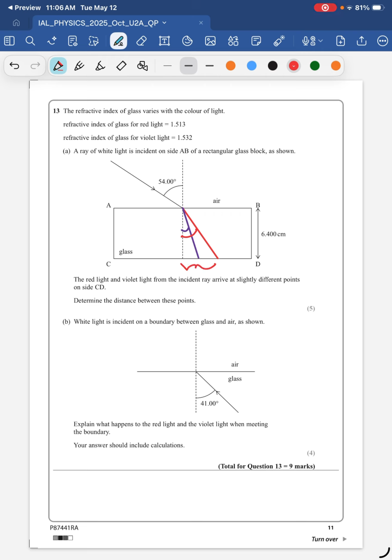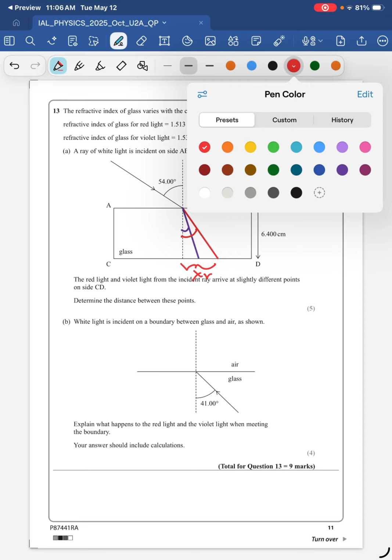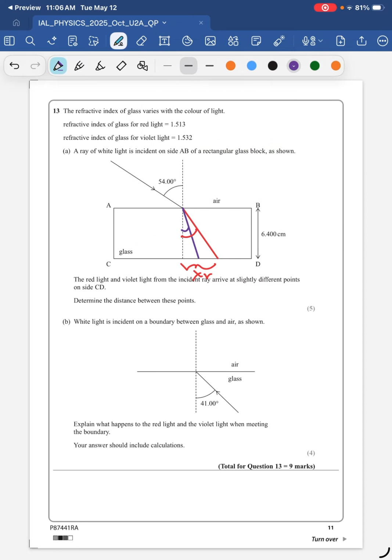Okay, so let's call this distance XR, and let's call this one XV. From the geometry of the problem, we see that the tangent of theta violet is going to be x violet over 6.4 centimeters, which is this side, right? So x violet is going to be